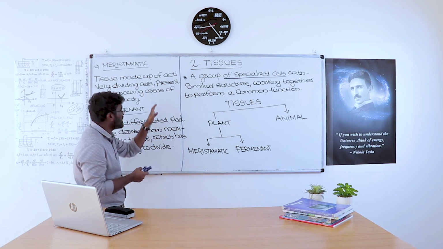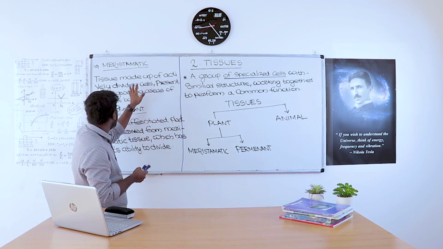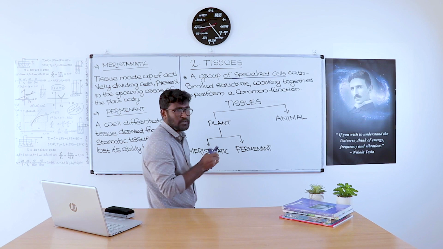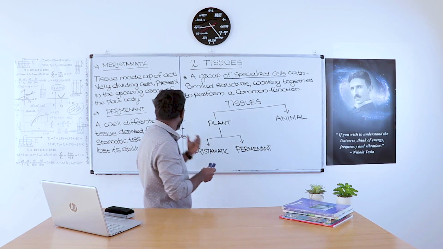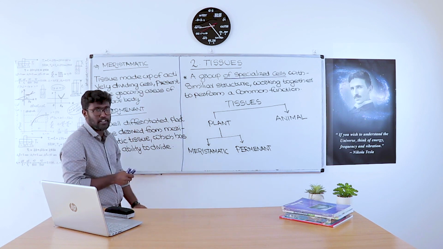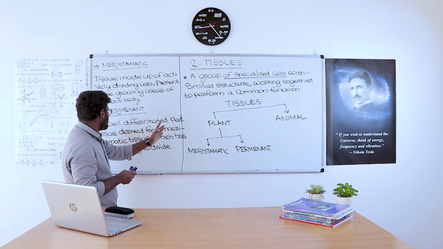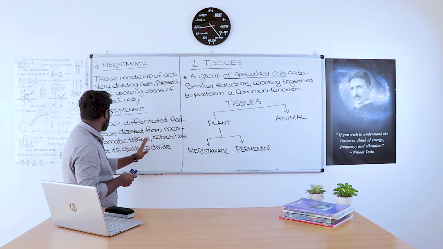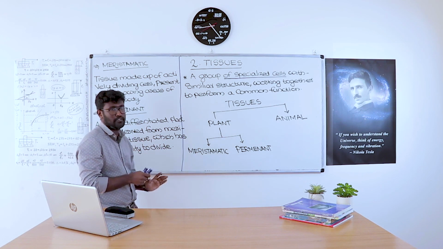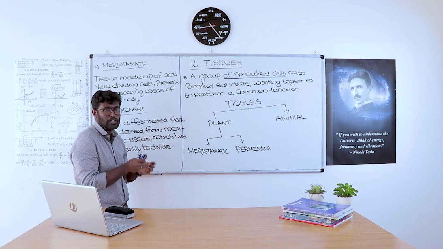What is meant by meristematic tissue? Tissue made up of actively dividing cells which is present in the growing areas of the plant body. Again, what is meant by permanent tissue? A well differentiated plant tissue derived from meristematic tissue which has lost its ability to divide. So this tissue has lost its